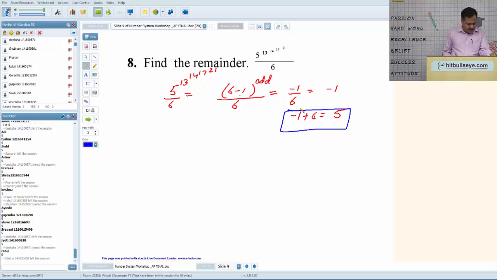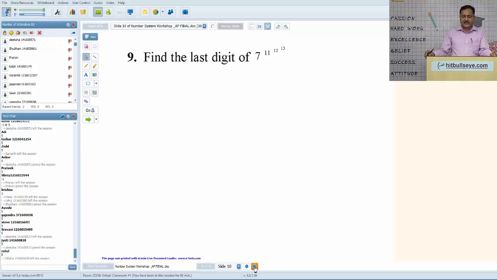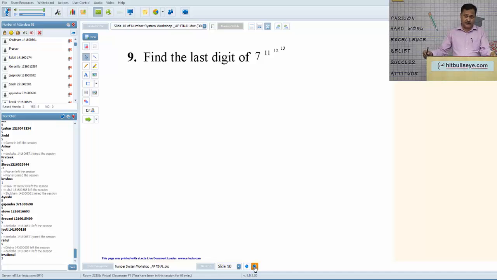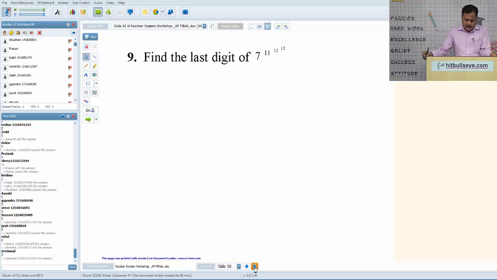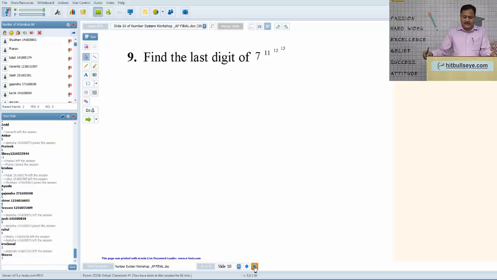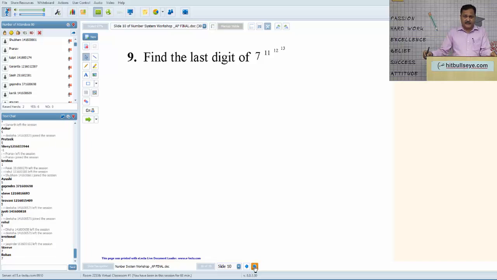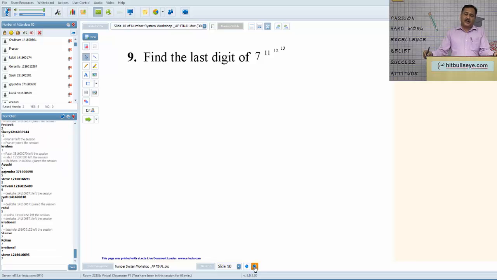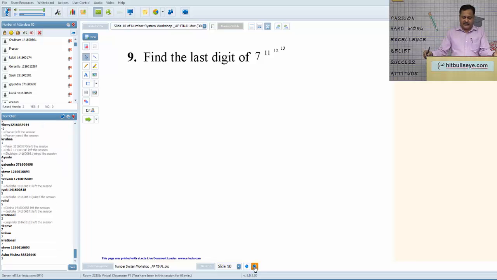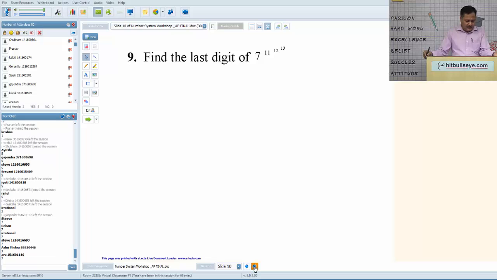So let us move to the next question. Find the last digit of 7 raised to power 11 raised to power 12 raised to power 13. What is the last digit of this? For the concept of last digit, we have to check the cyclicity of each digit. Cyclicity means after how many steps the last digit is repeating itself. As we all know,